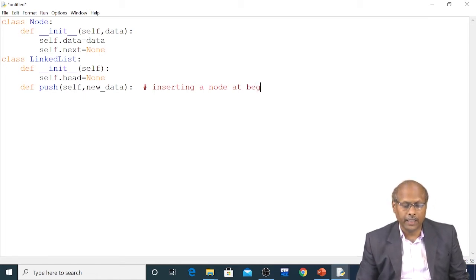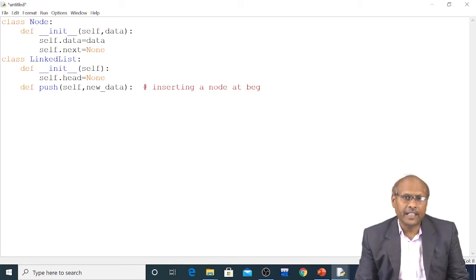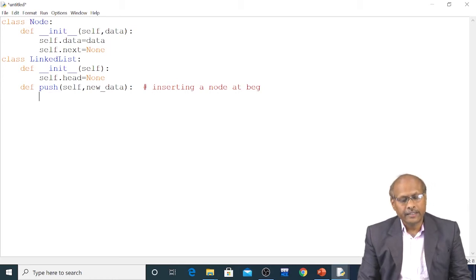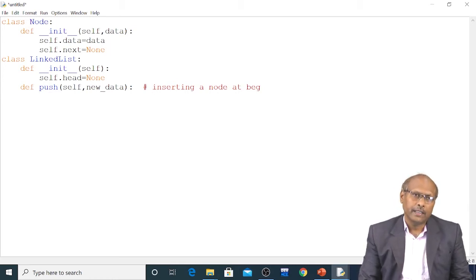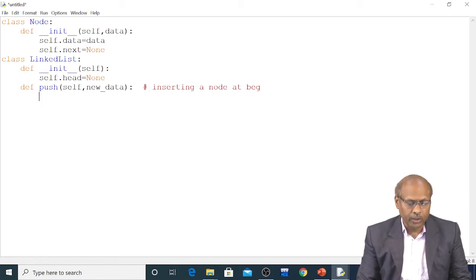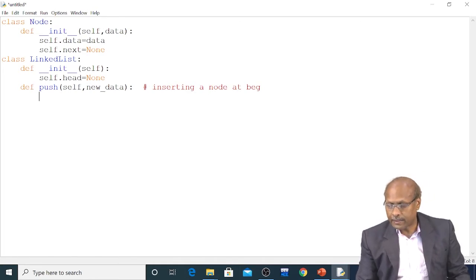At the beginning, I want to insert. And you can write the comment. Generally, a comment should be written for every function. What exactly you are doing, you have to mention. That is the general principle of any software programming style. So whenever you are writing code, you should write the comment first. Comment gives you the information about the function, what exactly you are doing.